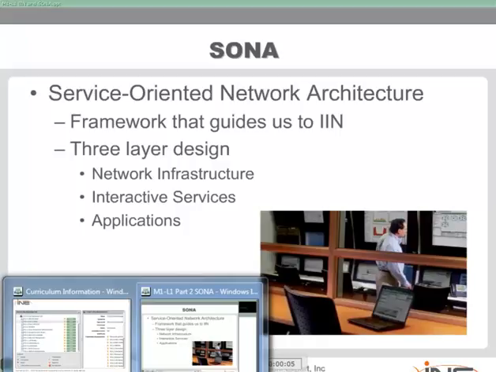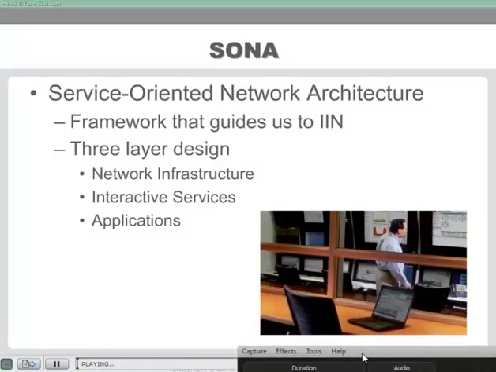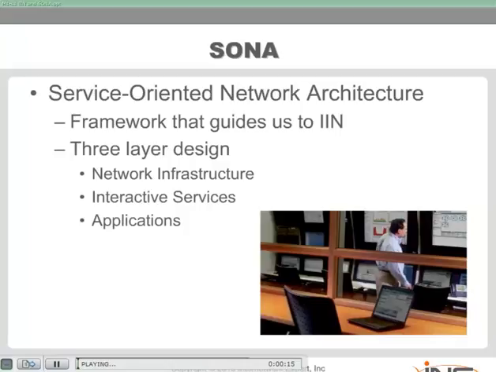So in order to achieve the intelligent information network, we need as much guidance as possible. And we'll be going through and designing this remarkable network throughout the 5-day boot camp here at Internetwork Expert. You're probably not surprised that this service-oriented network architecture that Cisco gives us as a blueprint to achieve the intelligent information network is a 3-layered design. You're not surprised because that was the overall phases that we would try and achieve the intelligent information network in,